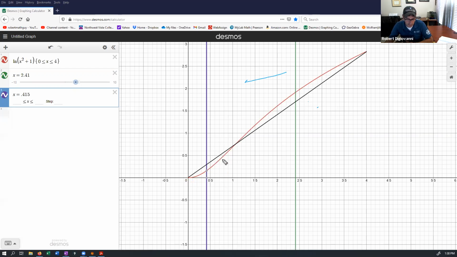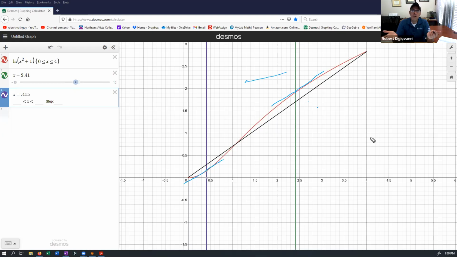That's really weird. If I draw a tangent line here like this, it's parallel to the black one, and then the other one is up here at this point. If I draw a tangent line here, it looks like it's parallel to the black one. So we actually had two places where it happened. It could be more than two. Mean value theorem guarantees one.